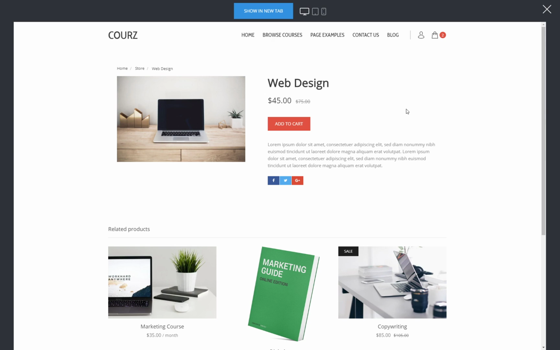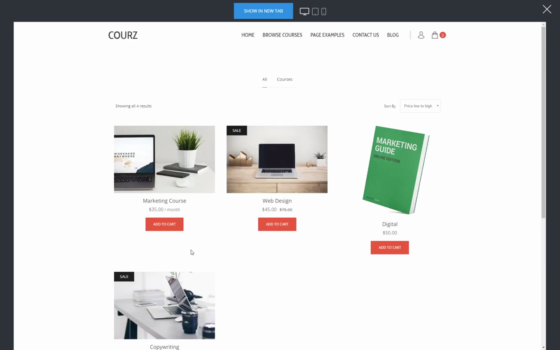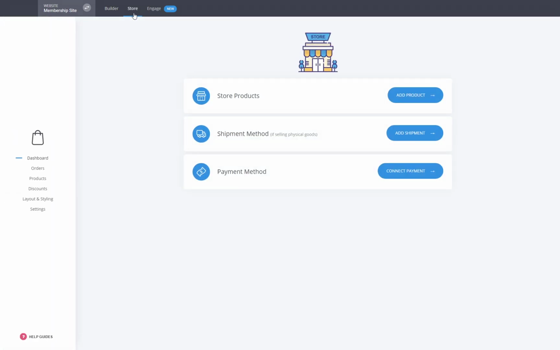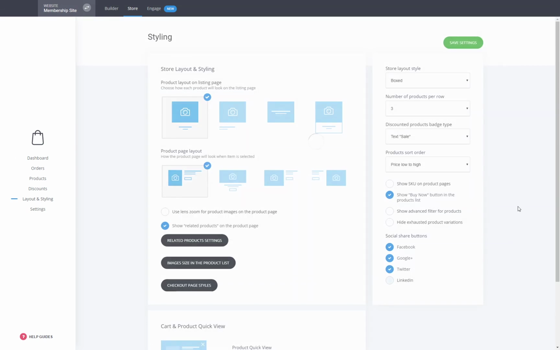You could do all that if you wish, like a big repository of all your courses, if you don't want to do customized pages. With customized pages, I think it's better because everything can be very, very personalized and made more for conversion. But you can do it like this as well. You can do it also with a filter that is on the side. Let me show you how you can do that. If you have a lot of courses where you want to have different categorizations and maybe variables as well, you have this option in the layout and styling that you have, show advanced filter with search, for example,